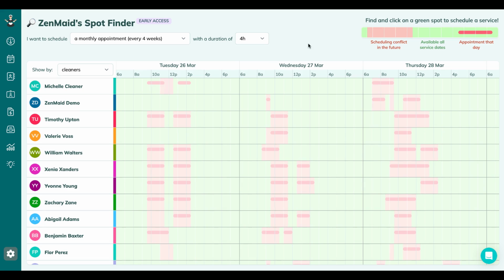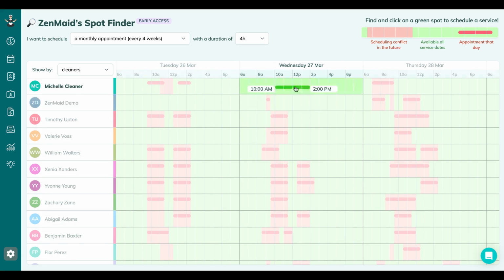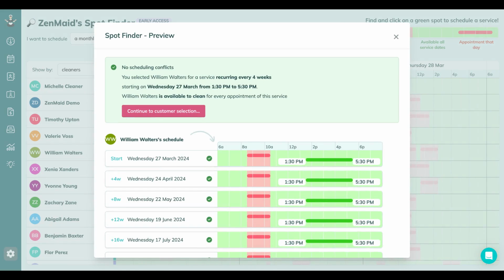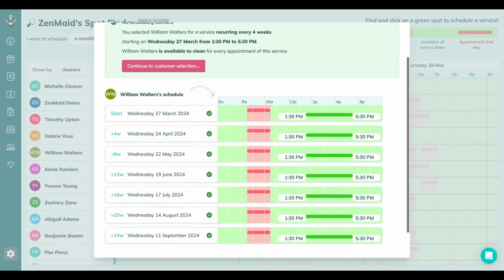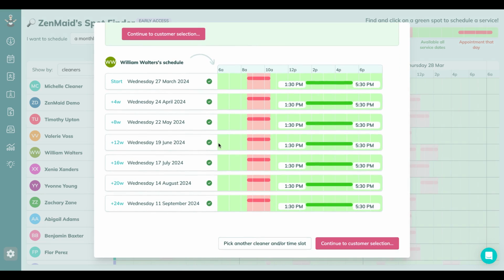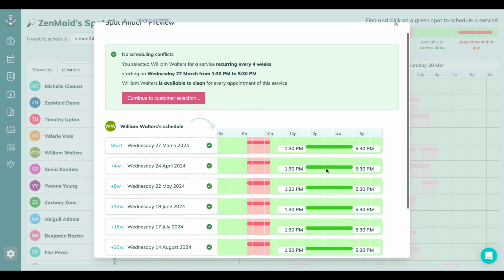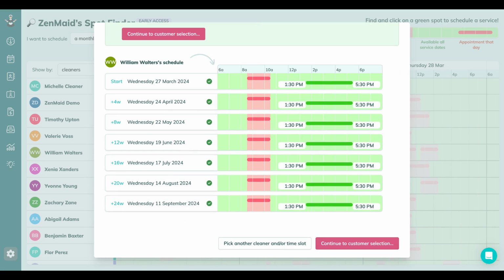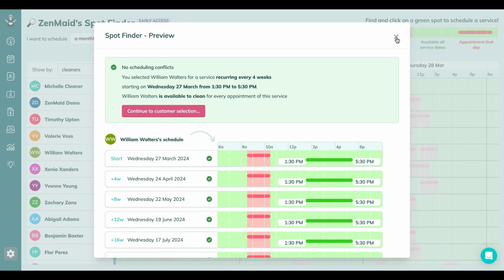And so what's going to happen here is we can scroll through and we can see on any of these time slots if the entire bar is green, like we're seeing right now. If we click on that spot, you will see projected into the future the availability for William Walters, and you can see that William is available for all appointments going forward on a monthly basis. And so this will check something like 15, 20 cleans into the future, and will actually warn you if there is a